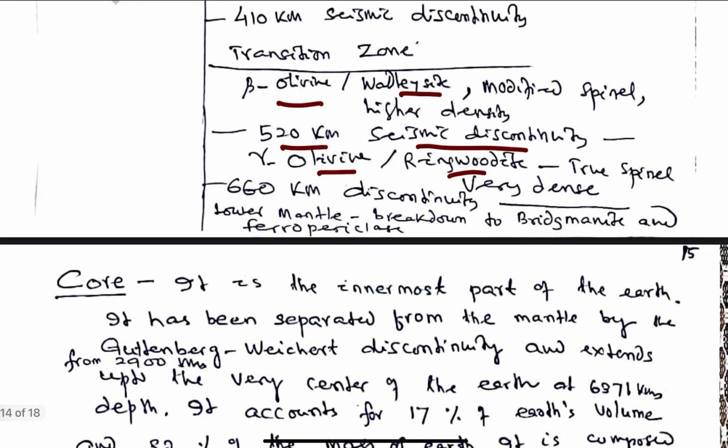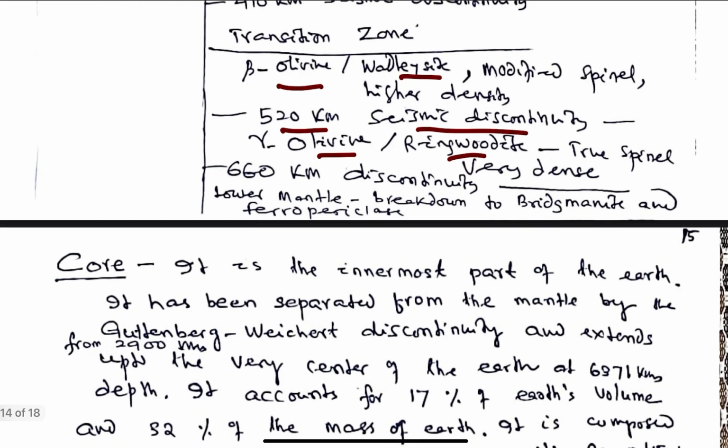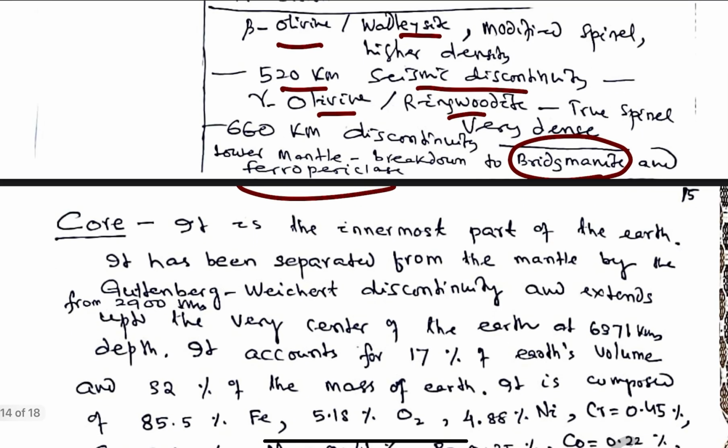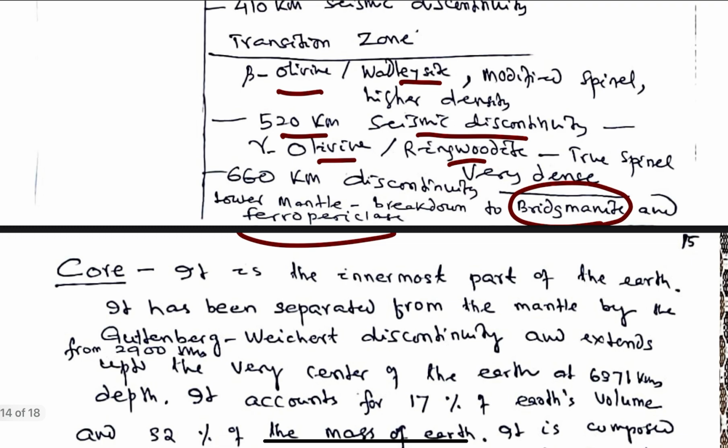Seismic velocity rises, and at the 660 kilometers discontinuity, there is still rise in the velocity. At lower mantle, they all break to perovskites, which are bridgmanite minerals, and ferropericlase. So this is all about the mantle, and in my next talk I will discuss